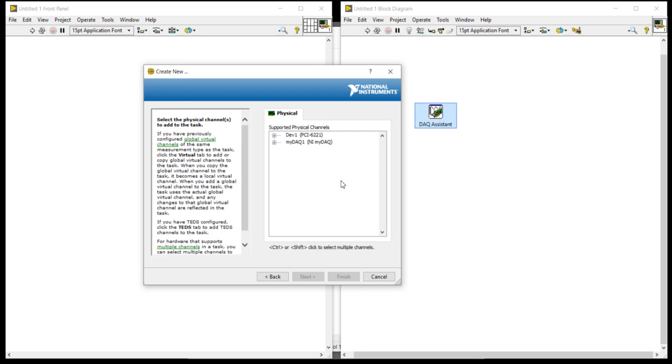Physical channel means now inside the computer we have created one line for data acquisition with analog data acquire properties, and now we are going to select our hardware, which hardware we are using. Right now we have two hardwares, one is the PCI and one is the NI myDAQ. If I click on the NI myDAQ, I will get two analog input channels, analog input 0 and analog input 1. If I click on this PCI-6221, I will get 0 to 15, 16 analog input channels.